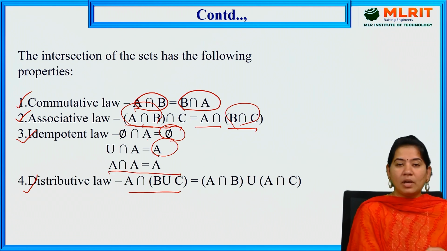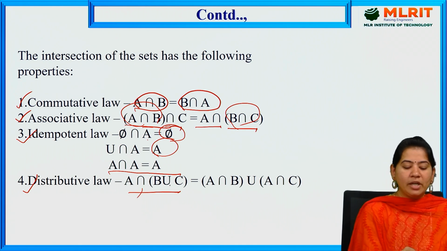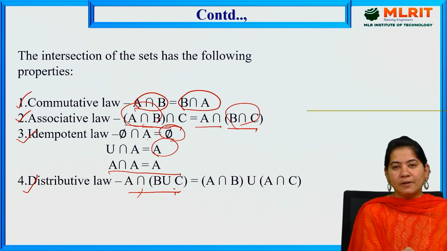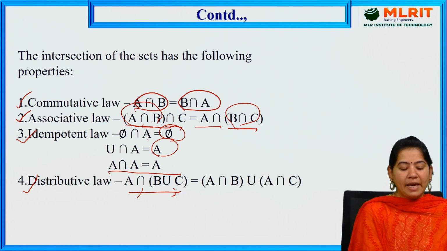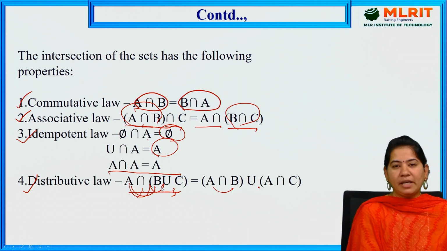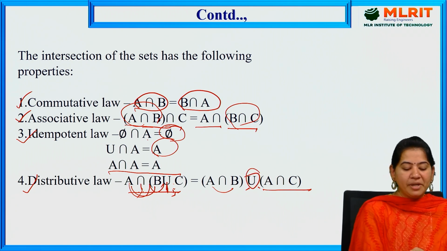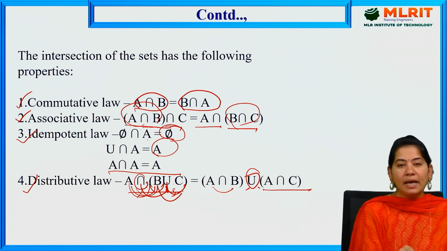And distributive law means here you can have two different operators, union and intersection. So for example, A intersection B union C. Now we are just distributing here, like multiplying. So A intersection B you are taking, and here you are taking union A intersection C. Means this middle one you will get in the middle, and this intersection will be distributed to both, A is multiplied to B and C.